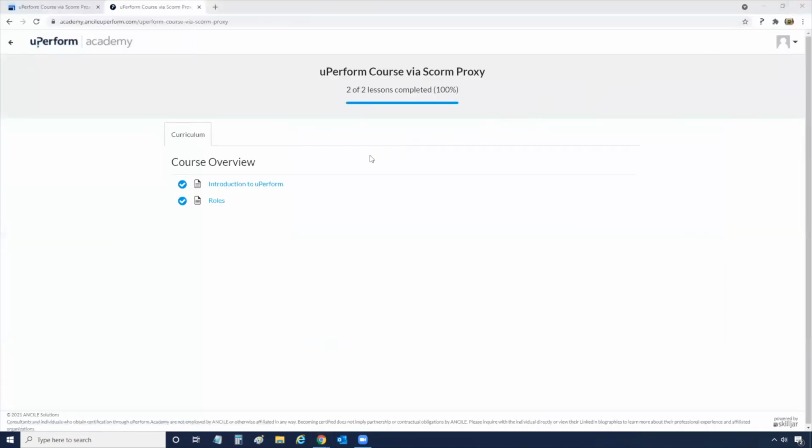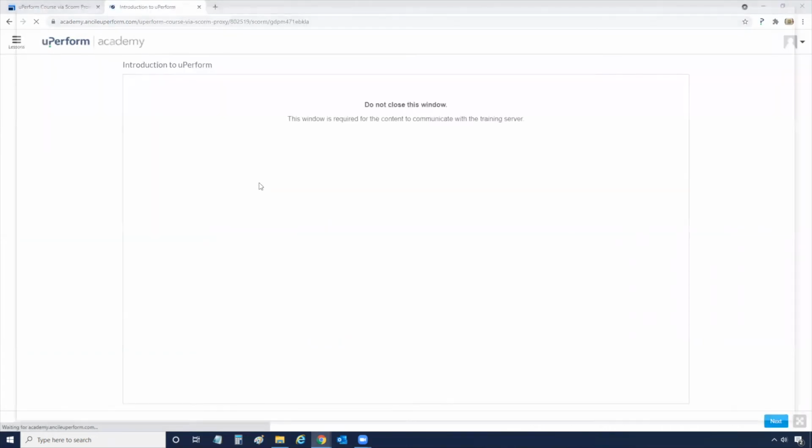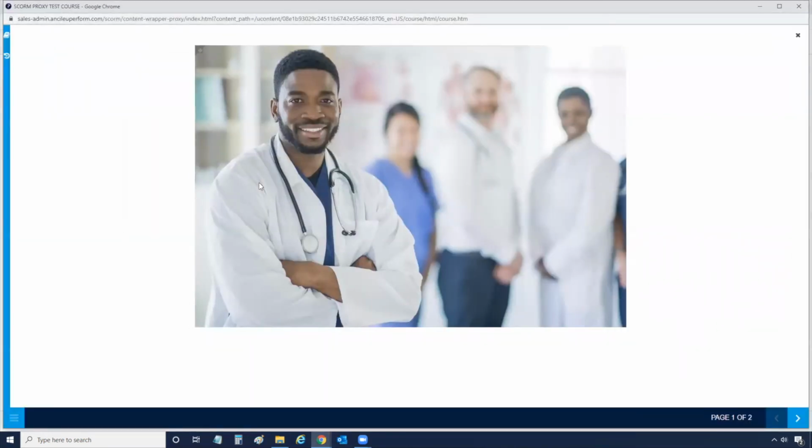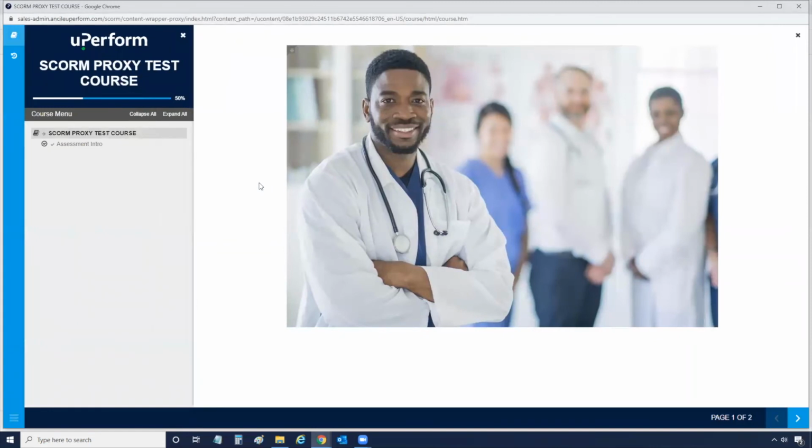and relaunch the course from the LMS. When I relaunch the course, it authenticates me right away and passes me into the course. Now we can see the updated course with the new image. I'll go through the course,